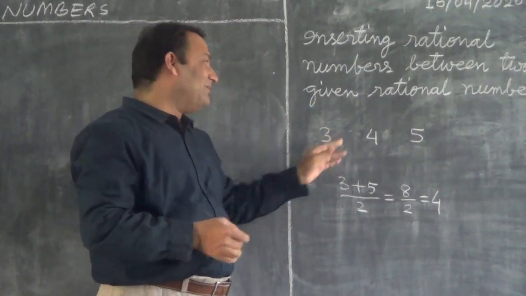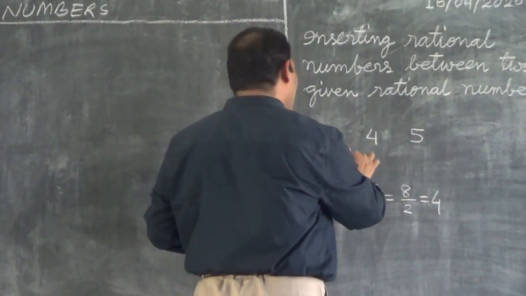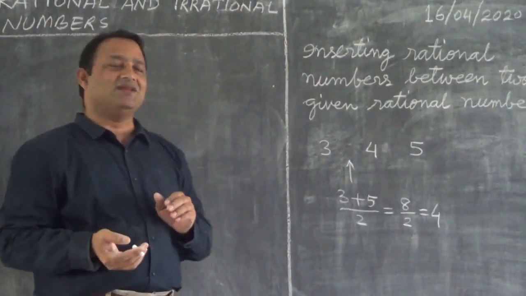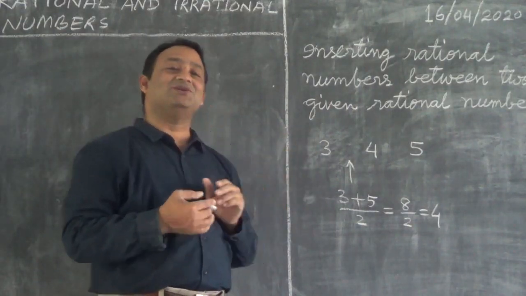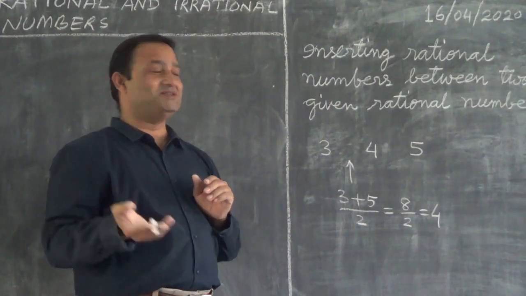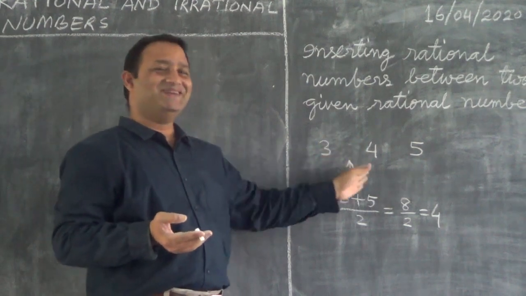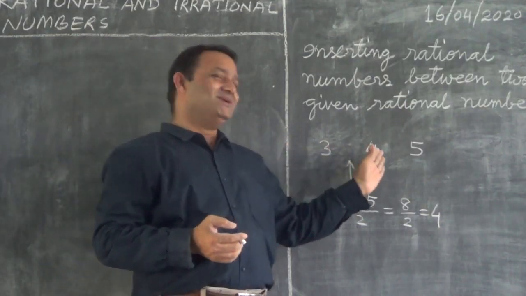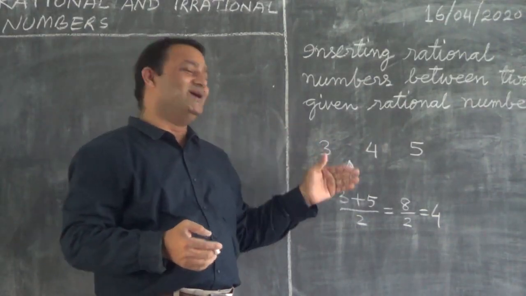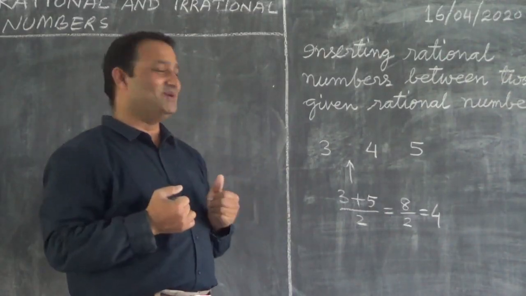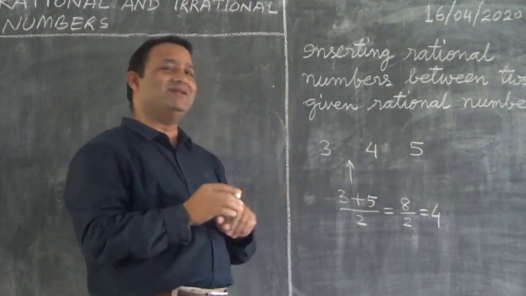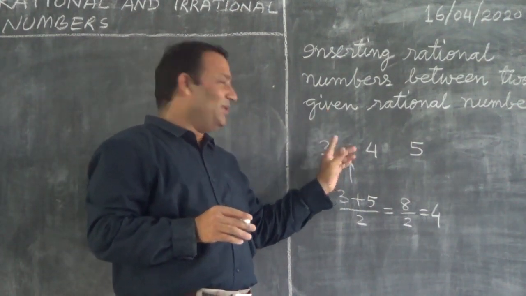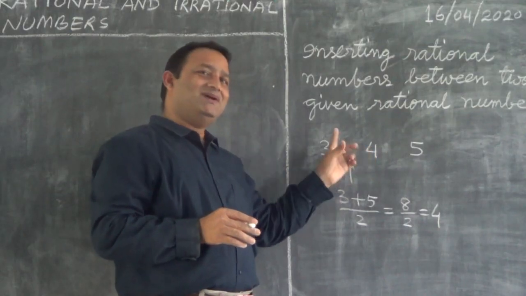We can also have a number between 3 and 4 now. Tell me now. You told me, sir, we have learned it in the nursery class, don't teach us nursery course. I am not teaching you nursery course, children. You are too big, I know. But tell me, you have been reading 1, 2, 3, 4, 5, 6 up to 100 in the KG classes. Tell me now what will come between 3 and 4. Did you learn that number?